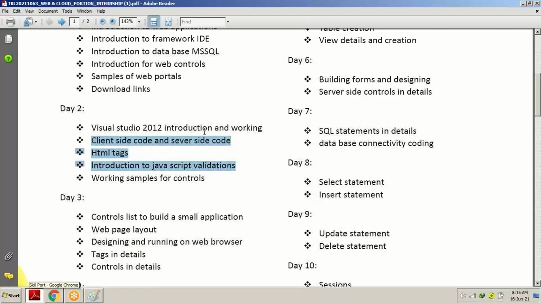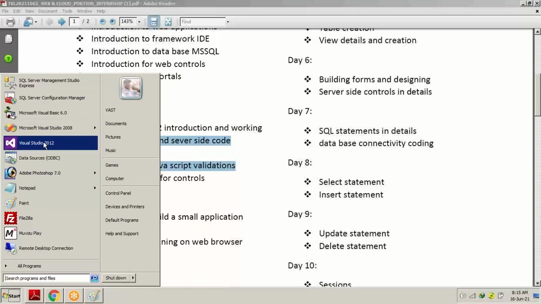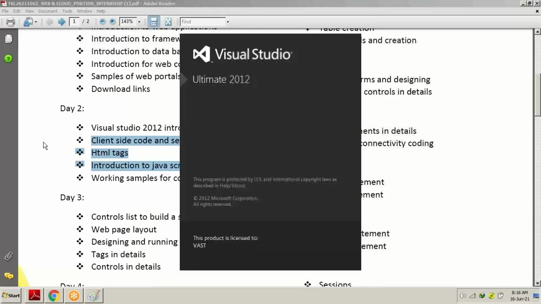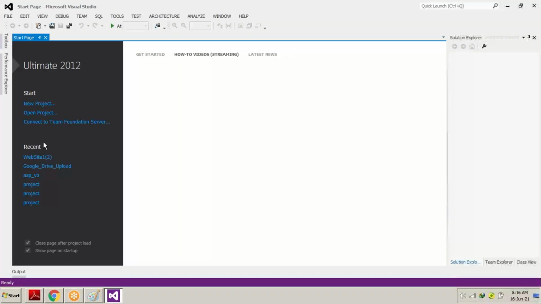Once you download and install Visual Studio, I will be opening it. I'm using 2008 also and 2012 also. Both are similar, just the version is different, and the color and the UI design is something different. The processing and the working system is the same in every version.